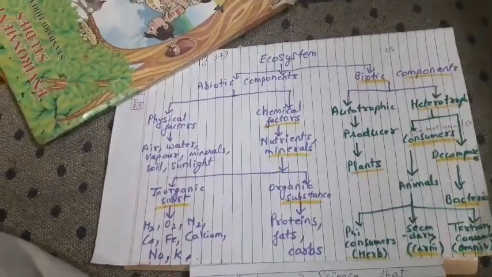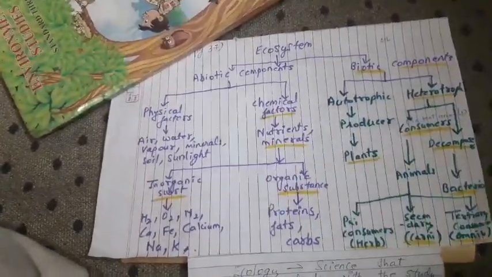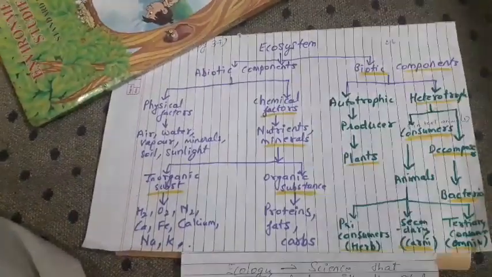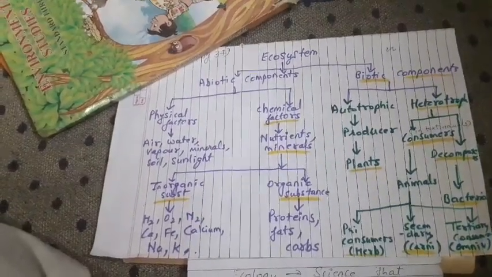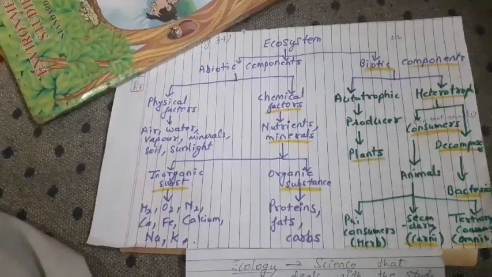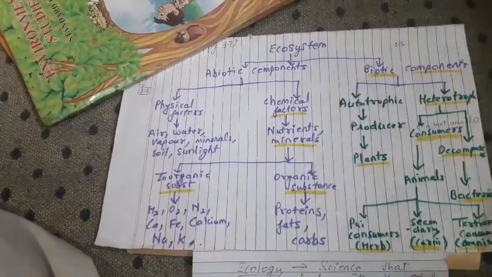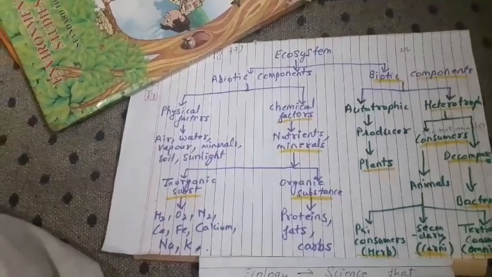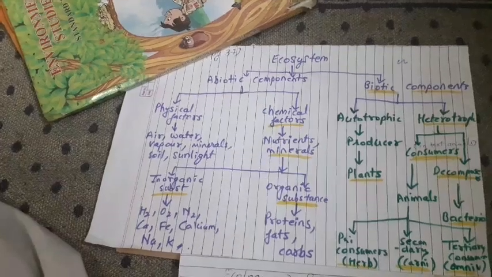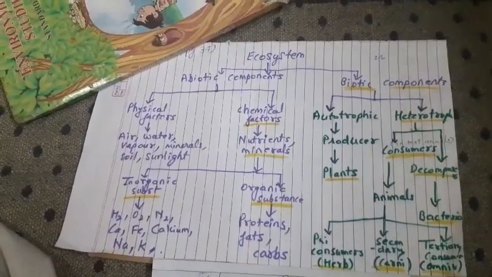Now talking about biotic components of the ecosystem, which means living organisms. You all know this, living organisms, we are talking in general about plants and animals. Those organisms which can make their own food are autotrophic. Those that cannot make their food are heterotrophic. Autotrophic organisms means we are talking about green plants. So in the food chain, what term do we use for the plants? Producers. So autotrophic organisms are producers, and heterotrophic organisms are consumers and decomposers.